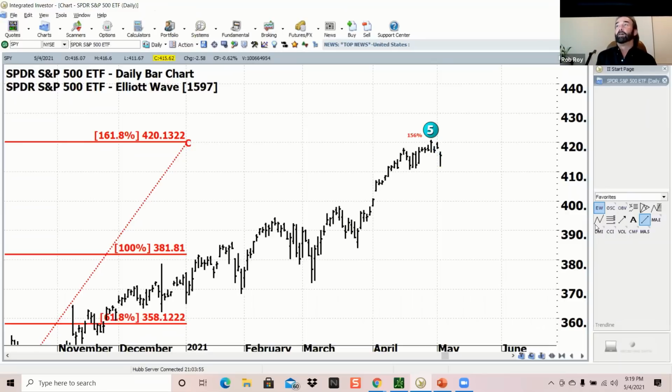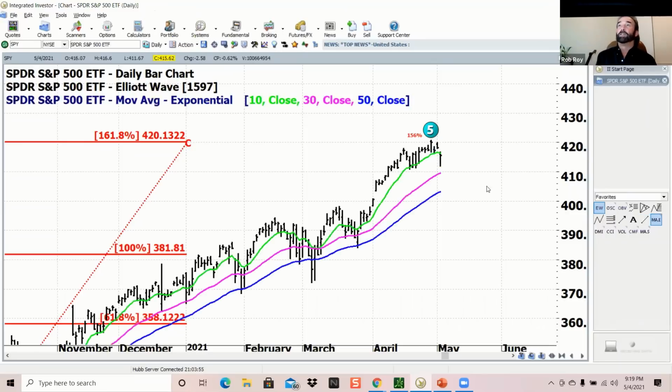So when you look here, and then we put the 10-day moving average, you can see that even though the bar would be viewed as a bullish bar, the high was the 10-day moving average and we still closed below it. If it was going to be a bit more bullish, we could have closed back above that 10-day moving average. But with all that said,